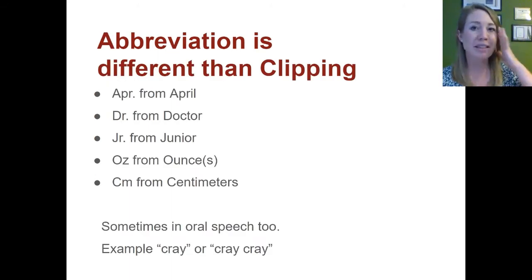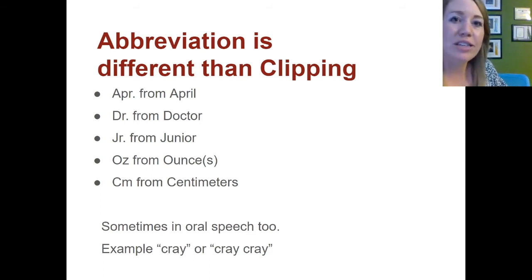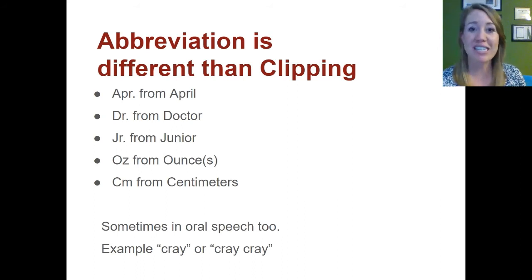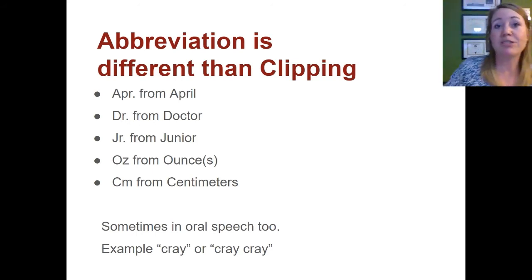Abbreviations, I had a student ask me once about this, so I put this slide in. Abbreviating is a little different than clipping. So remember, the rule with clipping is that we're taking off syllables. Okay, abbreviating is different because a lot of abbreviation really only exists in the written format. So let's look at a couple examples. I can abbreviate April in writing by abbreviating it to APR, right? If I'm going to read APR, I'm still going to pronounce it as April. So the abbreviation doesn't really clip the word, because when I read APR, I'm still going to read it as April.